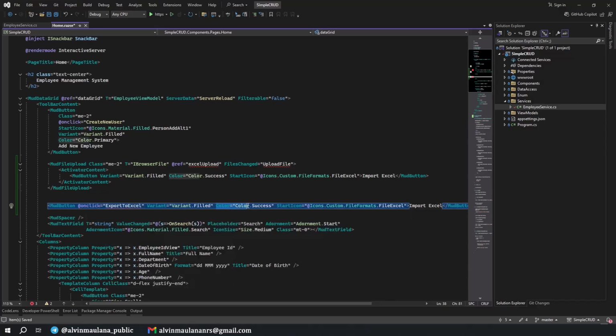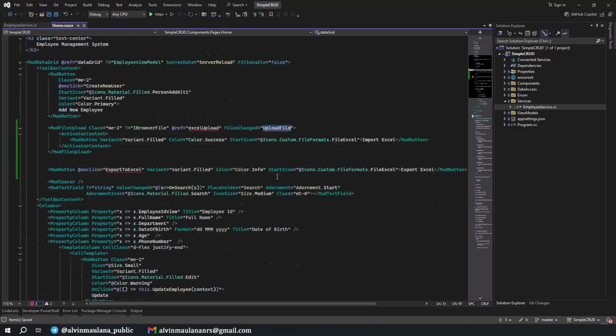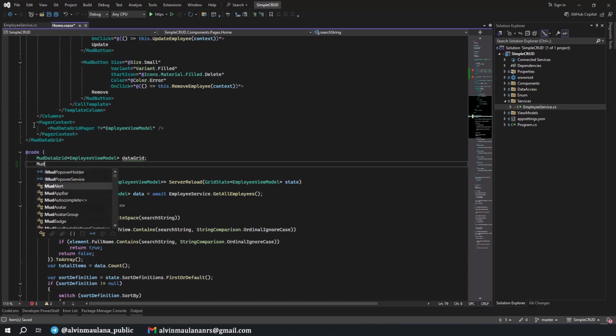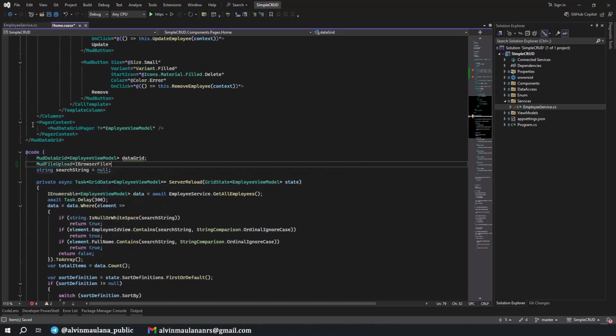The color should be info. The icon is same, and then this one should be Export Excel. Now we need to define this required in our code. We will have a MudFileUpload, IBrowserFile, Excel upload.